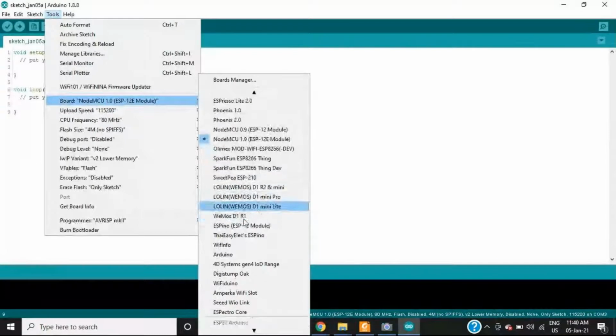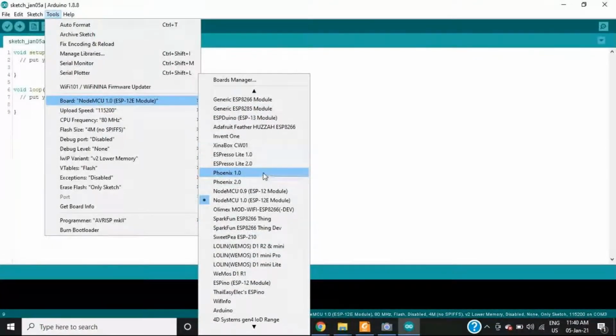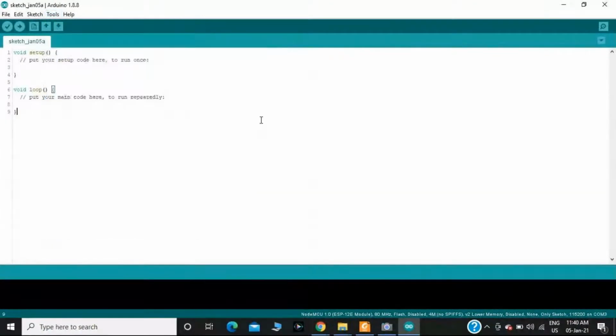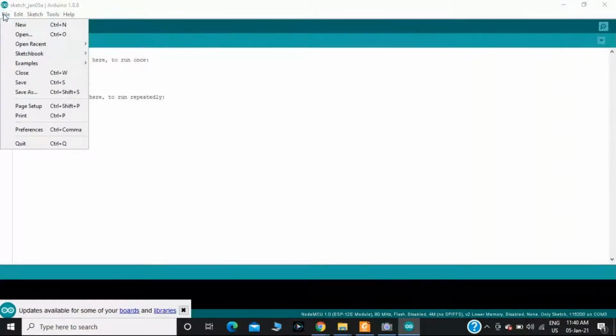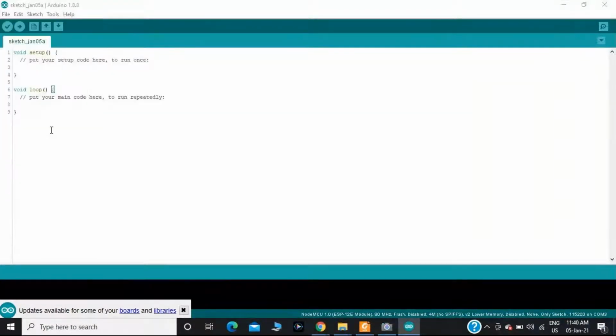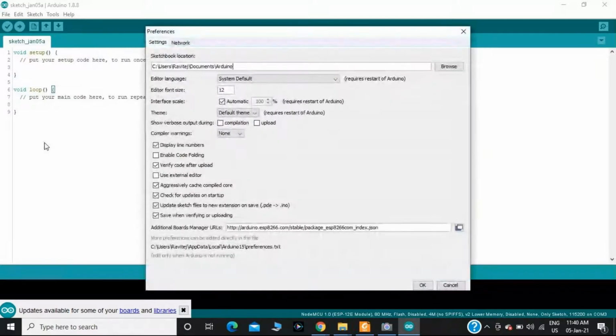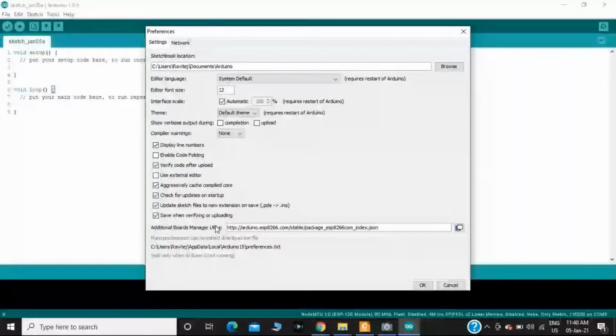In order to get the Node MCU hardware manager, first you should click on File. After clicking on File, you should go to Preferences. In the Preferences section, you should add the additional board manager URL.